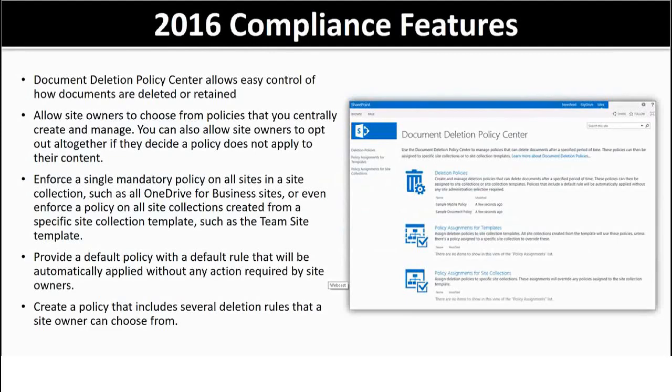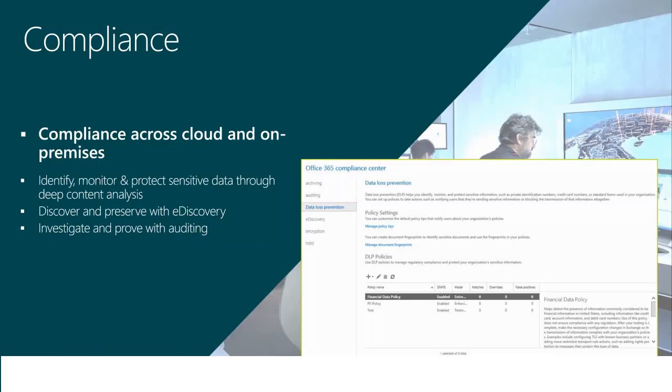For one is deletion policies. So you can really get very governed over who gets to delete things, control its retention from the system above and beyond records management, sort of down and dirty deletion. It hits this recycle bin, that recycle bin, and the rules around it with metadata values, and so forth. The ability to enforce policies on templates and entire site collections. So again, much greater granular control to maintain compliance across the organization and to audit who has done what within